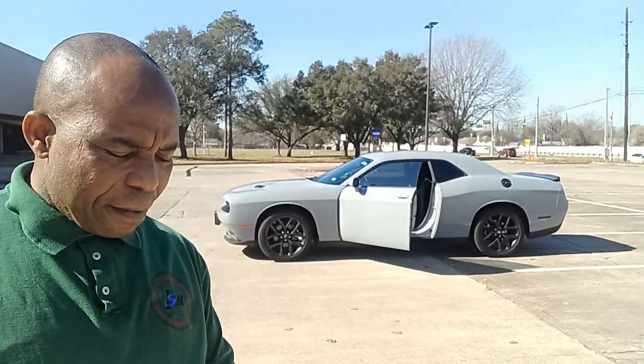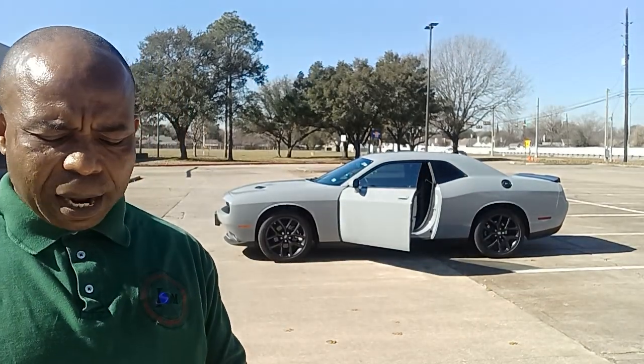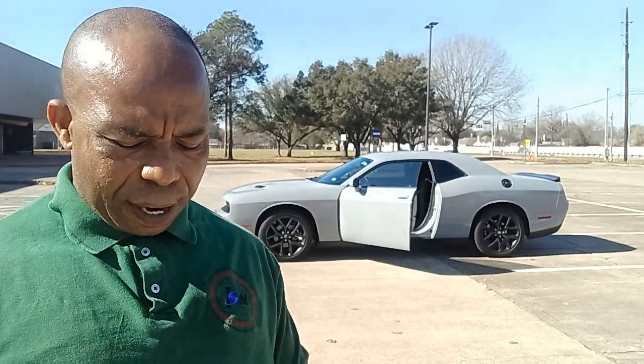So from Apple CarPlay and Android Auto 4 to available blind spot monitoring and rear cross path detection, today's Challenger is fully modded. Okay, it's already talking about the inside. It's telling us about the Challenger's interior. Now, what does it tell about the interior? It says that it has an Apple